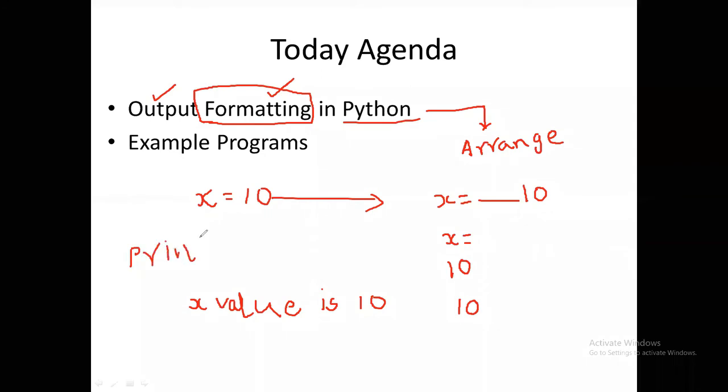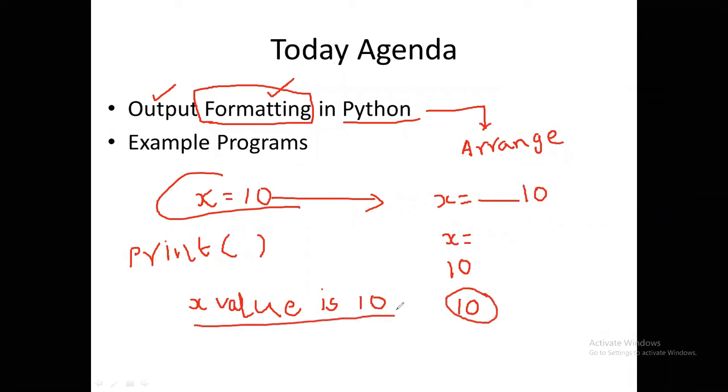The print statement is used to print the output, but output formatting is how you arrange this output: x equals 10, or x equals tab 10, or x equals new line 10, or directly the 10, or with the help of some string. For example, take another x equals 12.3456.